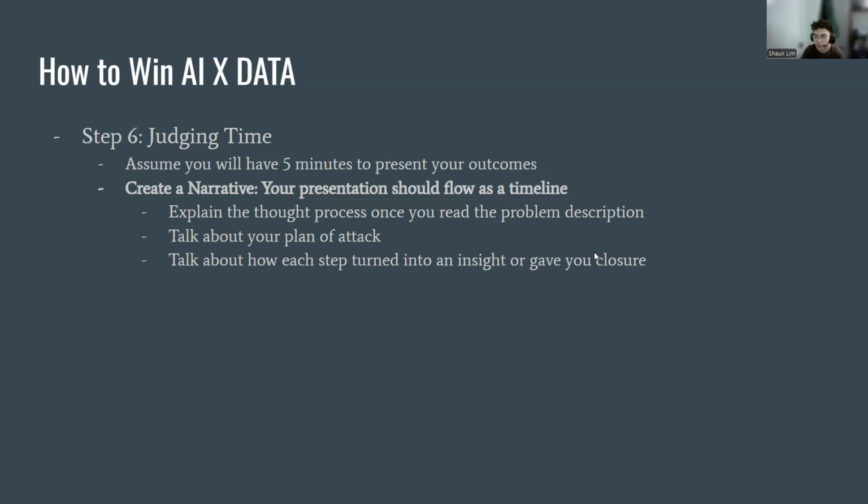So instead of just being like, and then we dropped these rows, and then we checked for duplicates, and then there are these duplicates, be like, okay, so as we were checking for duplicates, we realized that there was a lot of duplicated rows in this section, or for this feature, and so we were like, okay, maybe we could drop that feature since a lot of the stuff seems to be the same anyways. And talk it out like that. It shouldn't just be like, okay, we did this, did that, did this. You should talk about why you did it and how that basically helped you understand the data set better.